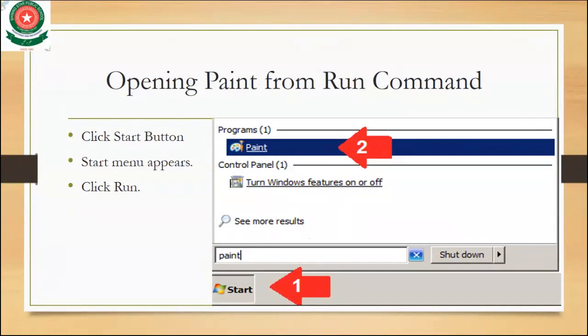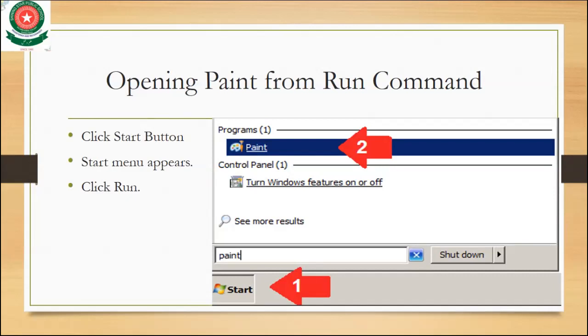Then go to the search option in the start menu. Write paint in the search bar, and then click. The paint option will appear. This is the easiest way of opening the paint program, by using a run command.